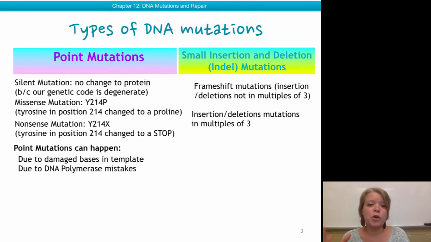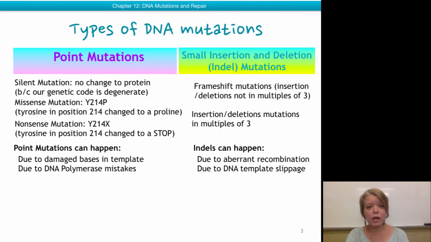So how can point mutations happen? Point mutations can happen due to damaged bases in the template that were damaged due to UV radiation, chemical exposure, reactive oxygen species, even water can damage DNA. Or they can be due to DNA polymerase mistakes that weren't caught and repaired in time before the next replication occurred. Indels can also happen